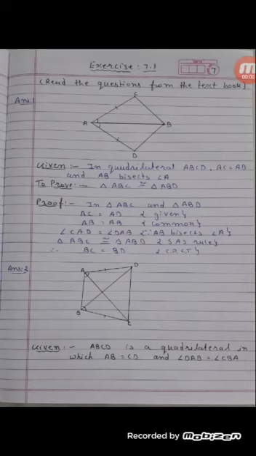Now, we start exercise 7.1. Read the questions from the textbook. So, everyone take out page number 118 in the textbook. Question number 1. In quadrilateral ABCD, AC is equal to AD and AB bisects angle A. See figure 7.16. Show that triangle ABC is congruent to triangle ABD. What can you say about BC and BD? This is our question. Here I draw the figure from the textbook.